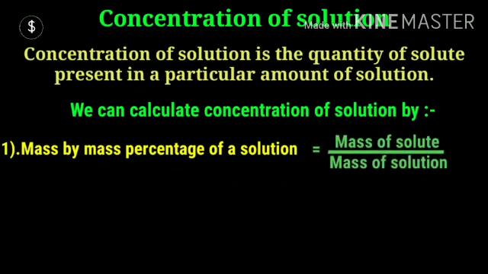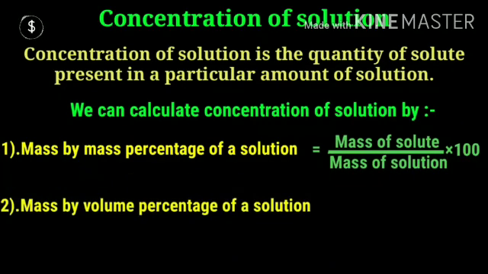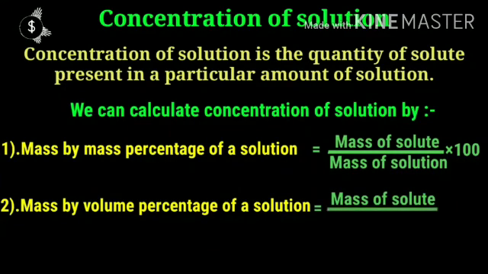Concentration of solution may also be expressed in terms of percent by mass of solute in gram. So its formula is mass by mass percent of solution, mass of solute upon mass of solution multiplied by 100. It is also called percent of solute. So mass percent of solute equals mass of solute upon mass of solvent into 100, or percent of solute when you have to find it for solution, mass of solute upon mass of solution into 100.